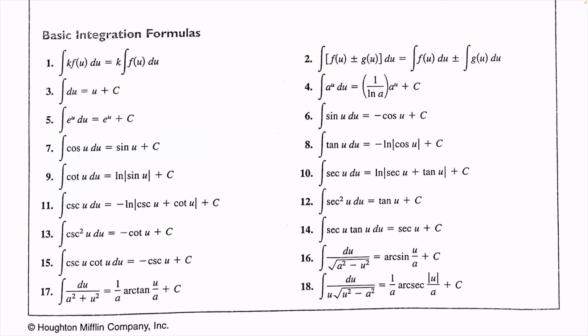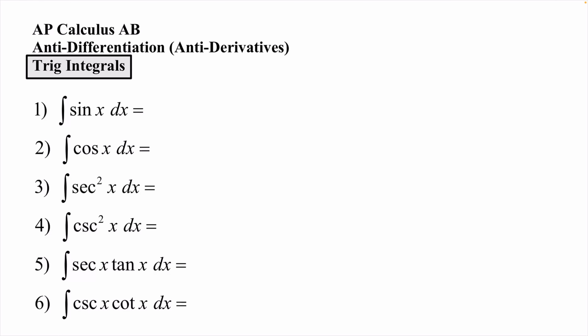Okay, so first one. Sine of x. What was the derivative of sine? Cosine, right? It went like a circle. I haven't shown you this in a while, so let me write it up here. If we start with sine, the derivative is cosine. What's the derivative of that? Negative sine. And then what's the derivative of that? Negative cosine. And then the derivative of that takes me back to sine, right? Okay, so going clockwise